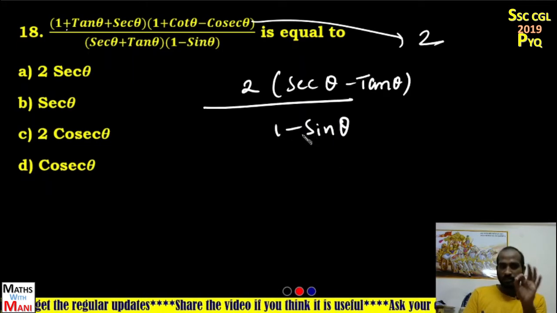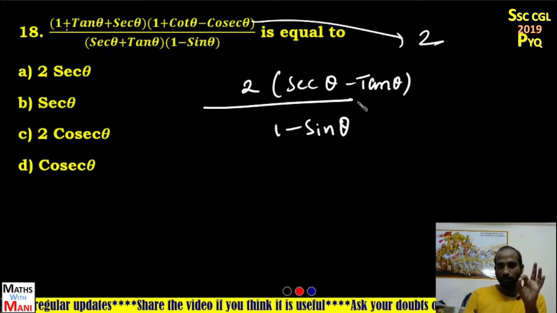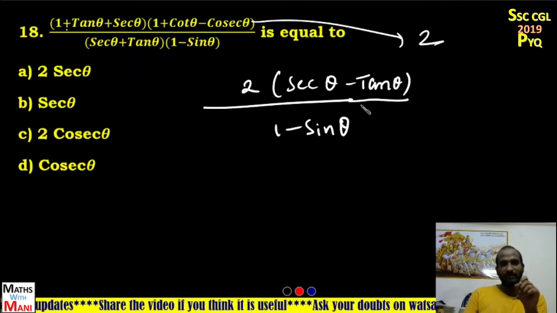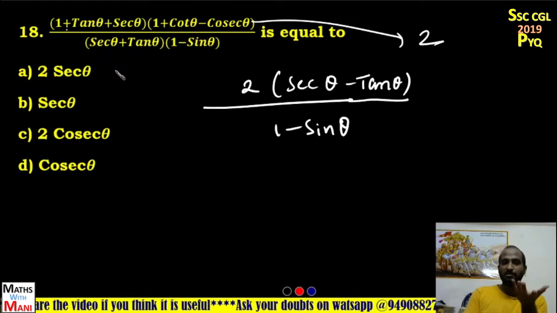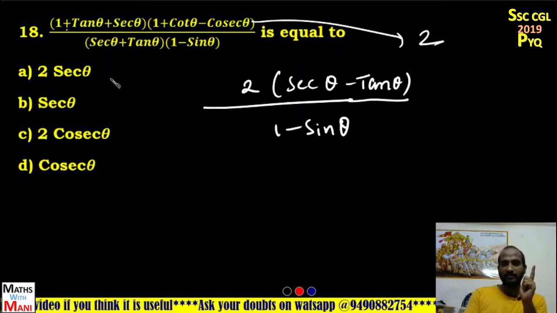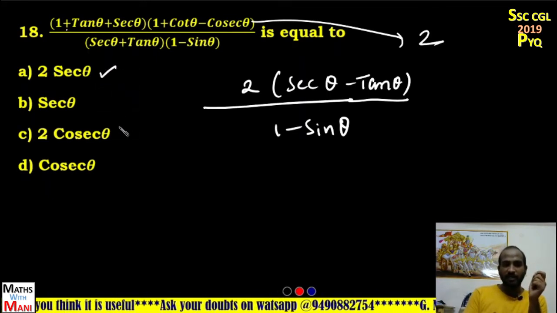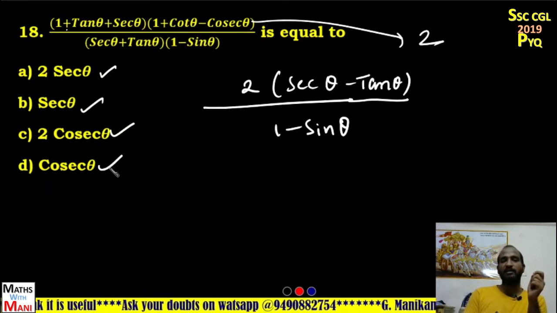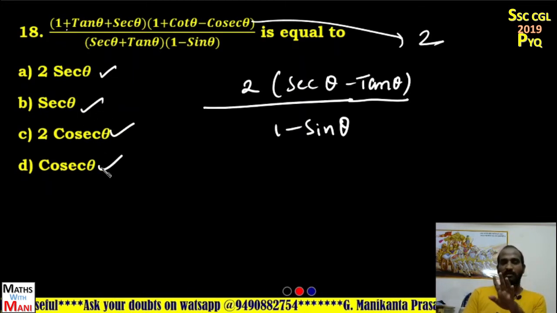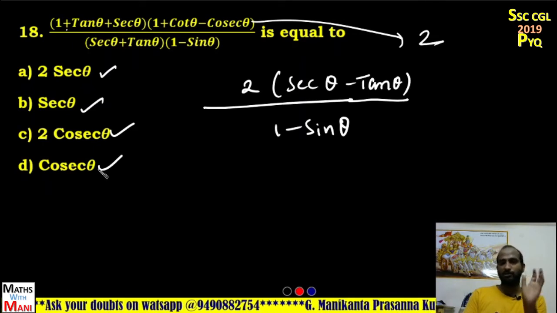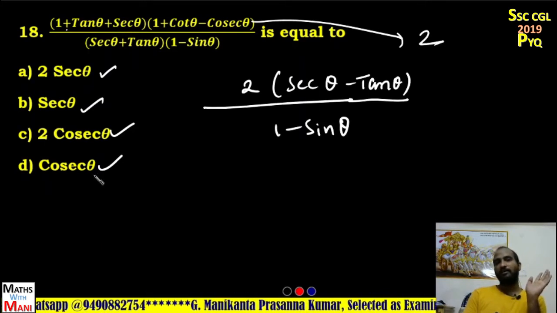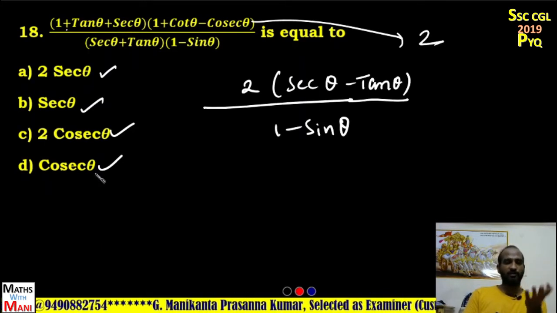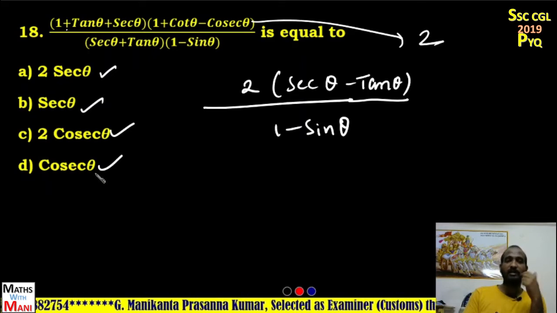You can solve this problem using substitution. Since here secant and tan are there, definitely the easiest substitution is theta 45. But when theta is 45, option A and option C are the same, and option B and option D are the same. That's why I'm not solving this problem using substitution. If you want to take substitution, definitely theta should be substituted as 30 or 60 only. Other values are not suitable because more than one option has the same value.